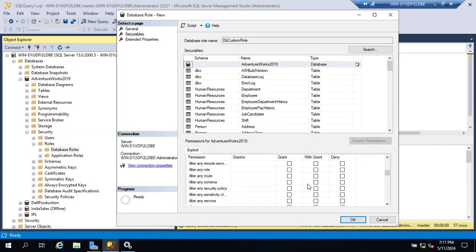Okay. So these are all the database level permissions. At database level, if you want members of this custom role to take the backup, you can select Backup Database, so that a member of this database role can take the backup. Normally SQL DBAs and sysadmins can take the backup, but apart from that,